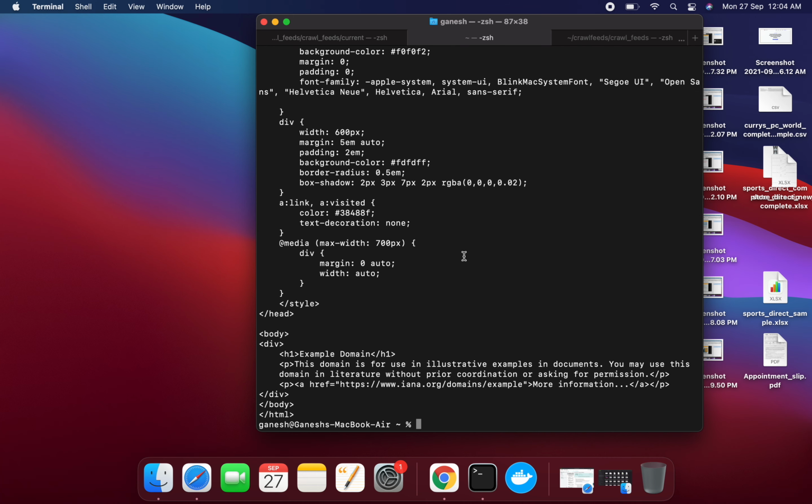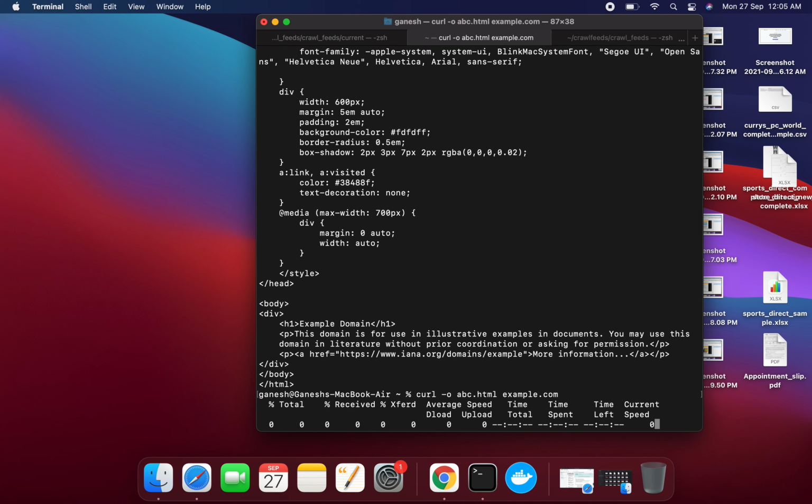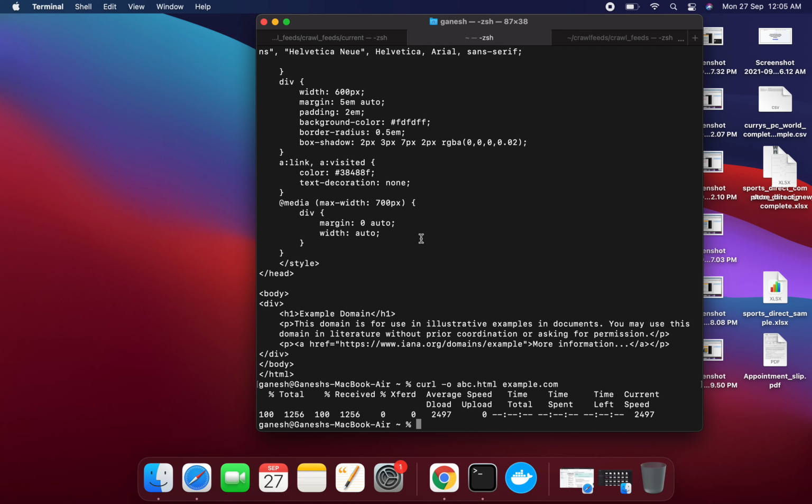Now I want to store this output in a file. So I want to use an option called -o, like URL -o, and I want to use the file name as something like abc.html, for example.com.